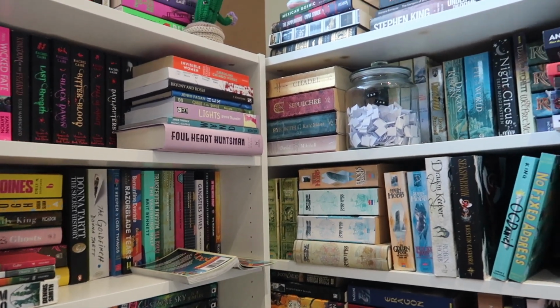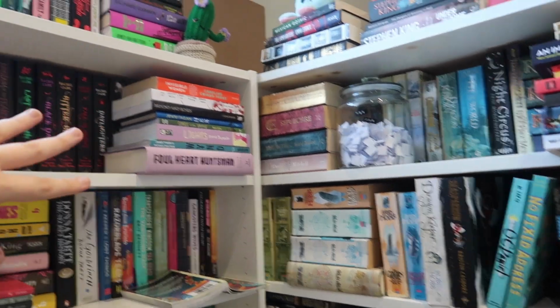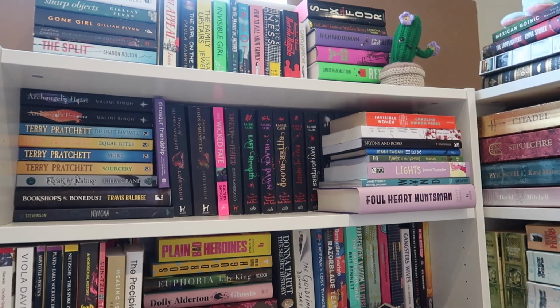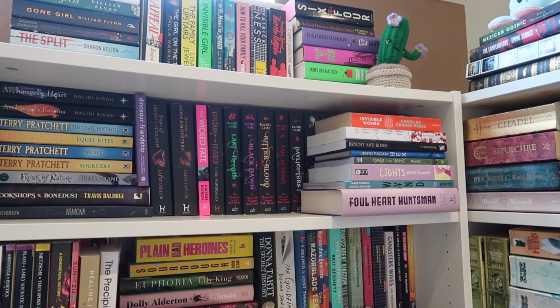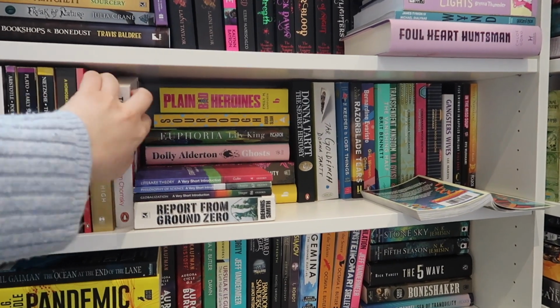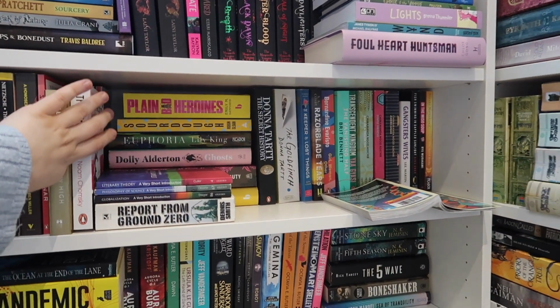So we're not getting any new shelves. But yeah, I have double stacked, so all of the books on this top shelf are basically just priority books. They're ones that, if I don't get to this year, I'd be very upset about. So yeah, and then moving down, we've got some non-fictions in the front here, but then behind the non-fictions and